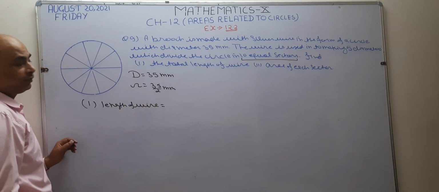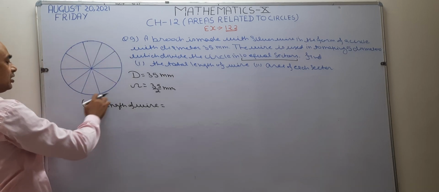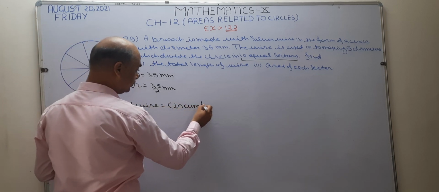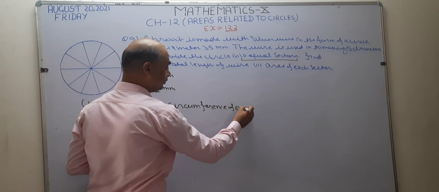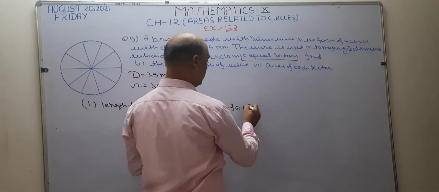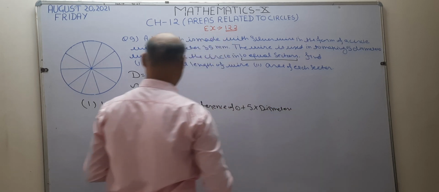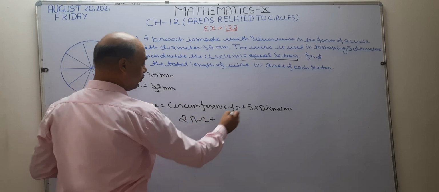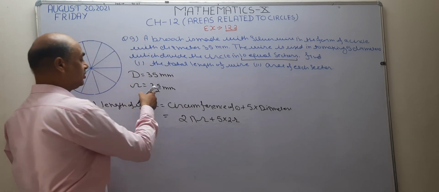So when we use the wire, first we are going to make the circle. This is known as the circumference of the circle. So write here: circumference of circle plus how many diameters are there? 5 diameters are there. Write here 5 into diameters. Okay, how do we find the circumference of a circle? Formula is 2 pi r. So 5 into diameter. You know diameter is 2r. Twice the radius is known as diameter.